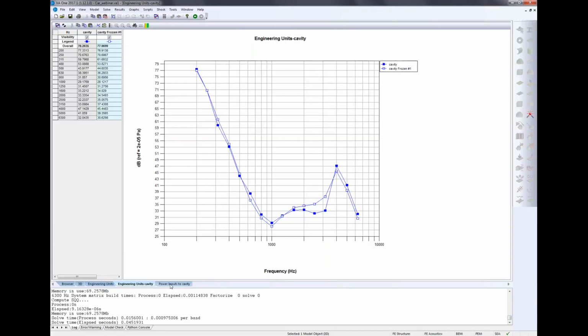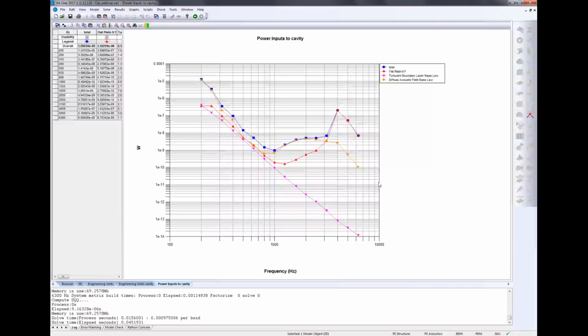So there is a filter when using TBL and diffuse sound field, but in the power input to cavity, you can go a further step into the diagnosis, meaning that you now have three contributors: the plate, but also the mass flow, distinguished between the turbulent boundary layer and the diffuse acoustic field contributions. You can see here, for example, that the diffuse acoustic field non-resonant path is important at mid-frequency.